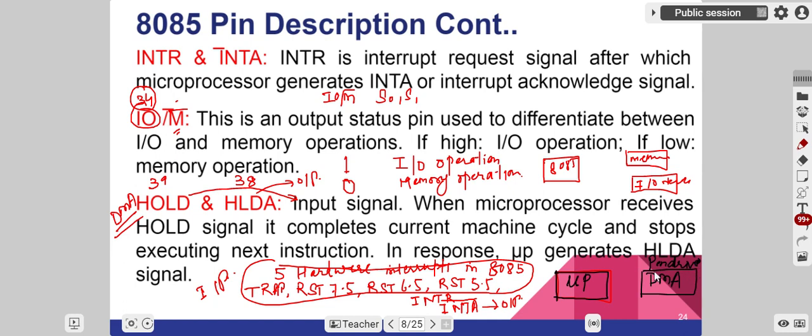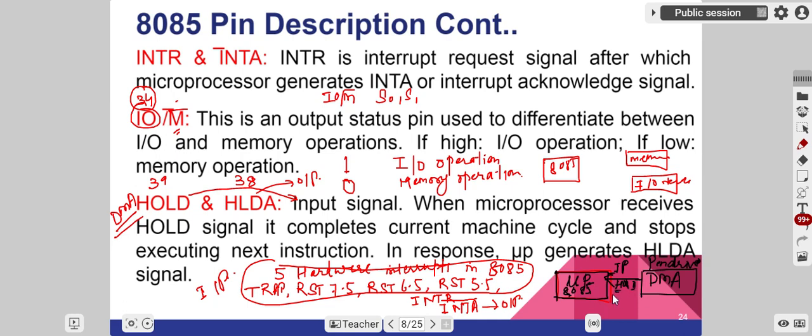For the sake of understanding, let us suppose that we connect a pen drive to our laptop and our laptop has the 8085 microprocessor. So we can consider this pen drive as a DMA device. It only requires access to the memory of this laptop. So it will generate a request towards the 8085 microprocessor, which will be the input signal hold for this microprocessor.